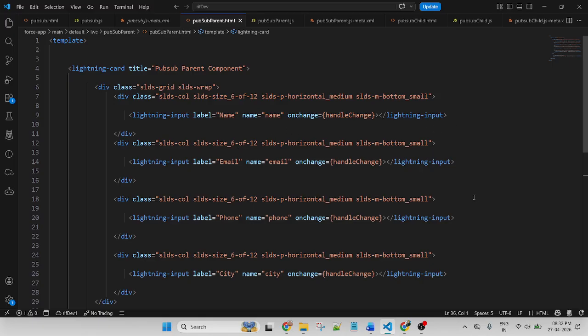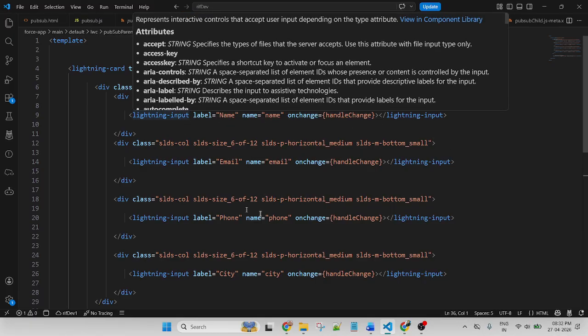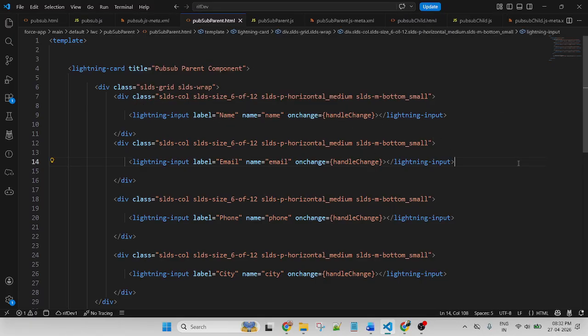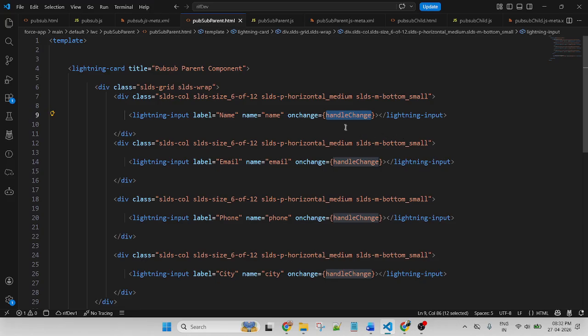If you pass data from one component to another component, we need to get the current value of the input field. So this is my input field. How to get the current value? I will get the current value through this function, because in each and every input field I am passing the function. Based on this function, I will track this name. This is my target. I will get the current value and store it in a variable. So now let's start one by one.